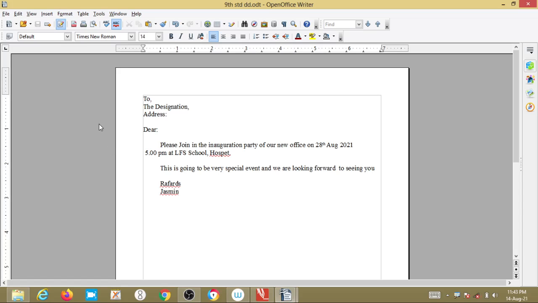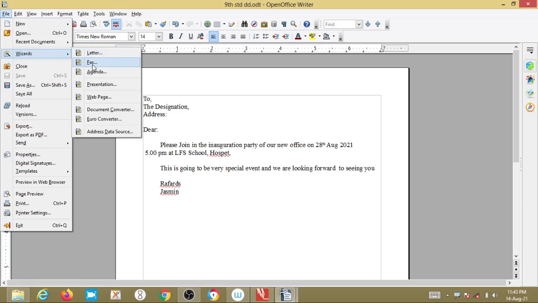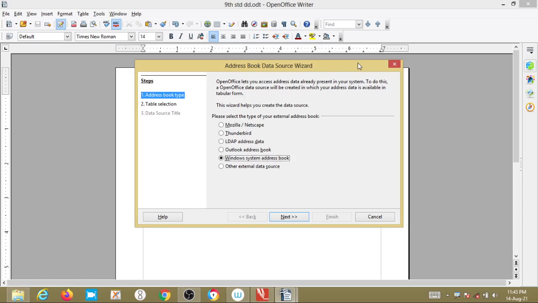In that we go to File, then Wizard, then Address Data Source. An address data source wizard will get opened.